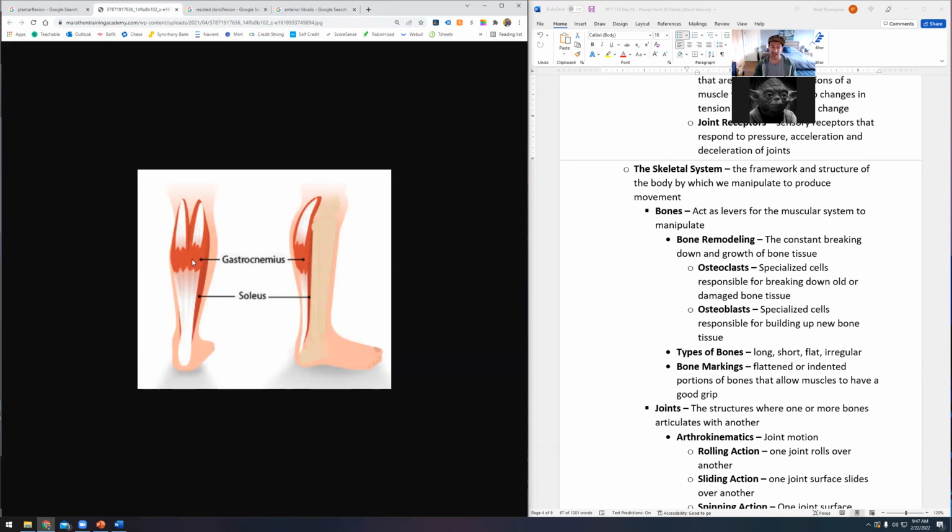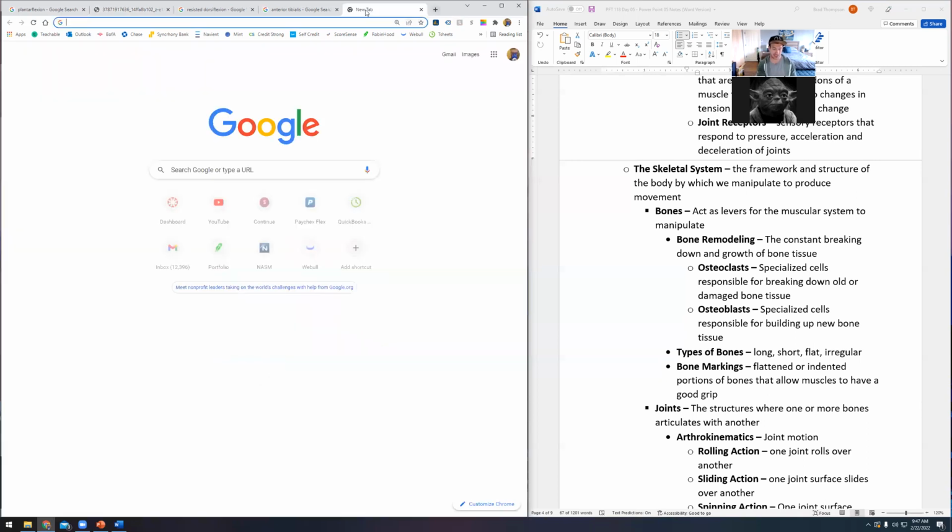By lengthening this, we'll have more length, which will take the tension off of the Golgi tendon organs, right? So by holding it for 30 seconds, autogenic inhibition says relax. So it'll relax the whole area and you'll get to full length. So do those big, long static stretches, particularly